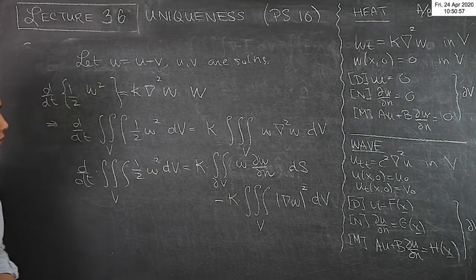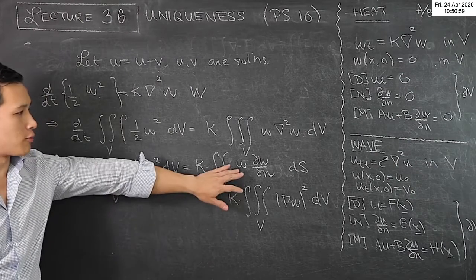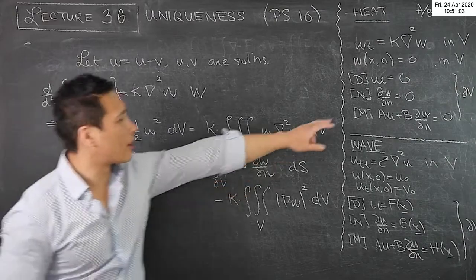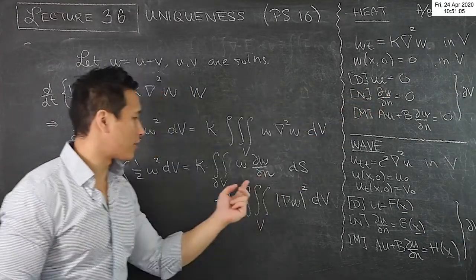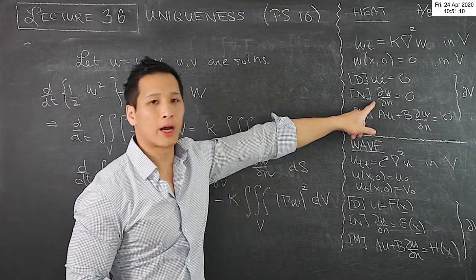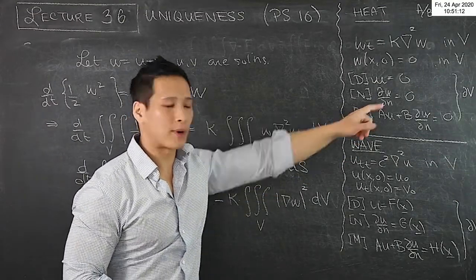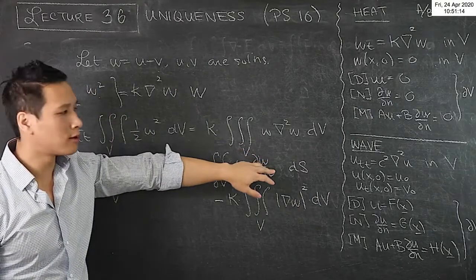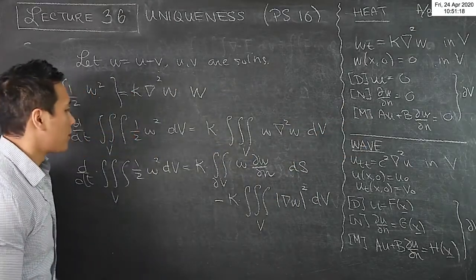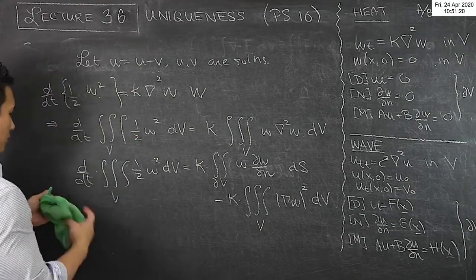That's right. Okay, good. So now I'm ready to apply the boundary condition. In the case of Dirichlet conditions, I know that w is equal to 0 on the boundary, so this term goes away. In the case of Neumann conditions, I know that dw/dn is equal to 0 on the boundary, so that term goes away. In the case of the mixed condition, something else happens, so we're going to get to that in a moment. But in the case for Dirichlet and Neumann,